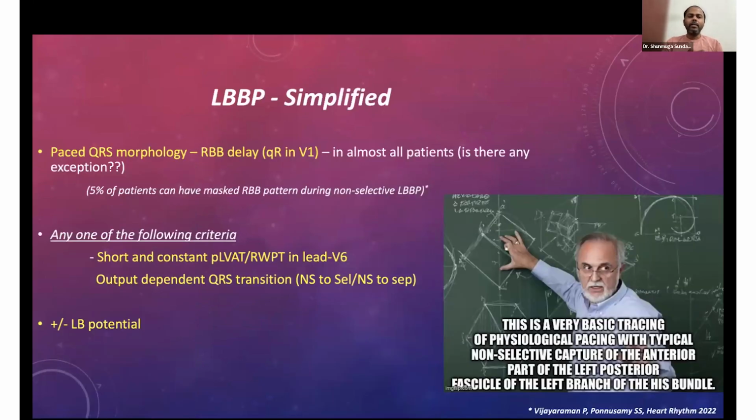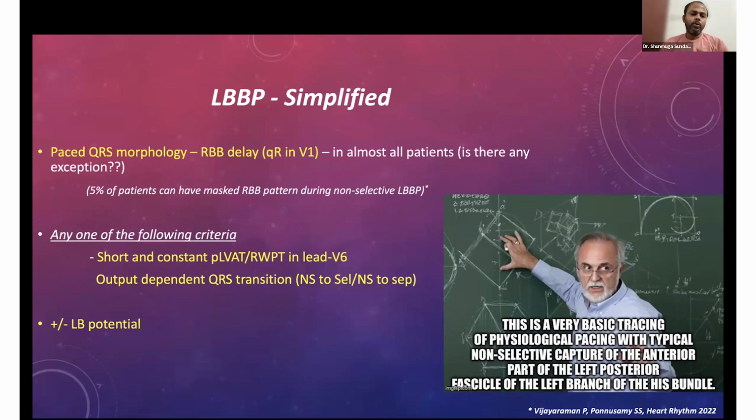So once you deploy the lead, it is our practice to confirm. It's important, in fact, all the more important, to confirm the capture of the left bundle. I can say at least 17 or 18 criteria are currently available to confirm left bundle branch pacing. But I'll go with 3 important criteria, which is a simplified way of identifying the conduction system capture. As you're capturing the left side of the septum, the left bundle, you will be pre-exciting